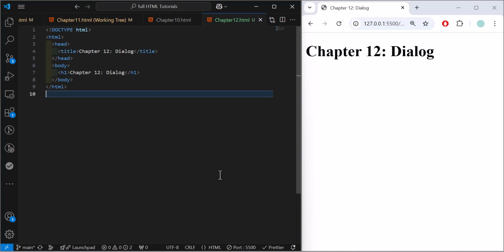In this chapter, we are going to talk about dialogs or modals in HTML. The dialog element is a powerful HTML element designed to create modals, dialogs, and pop-ups directly into your web page. It provides a native way to create pop-up content that is semantically meaningful, accessible, and easy to style and control. In this lecture, we will explore the dialog element, its attributes, methods, and how to use it in practical